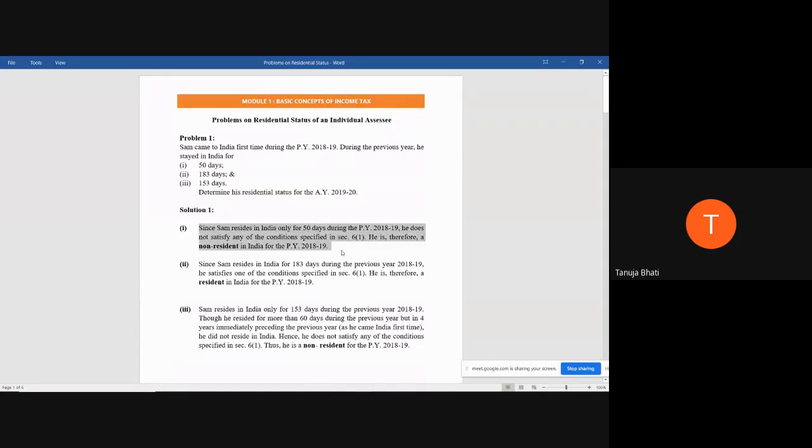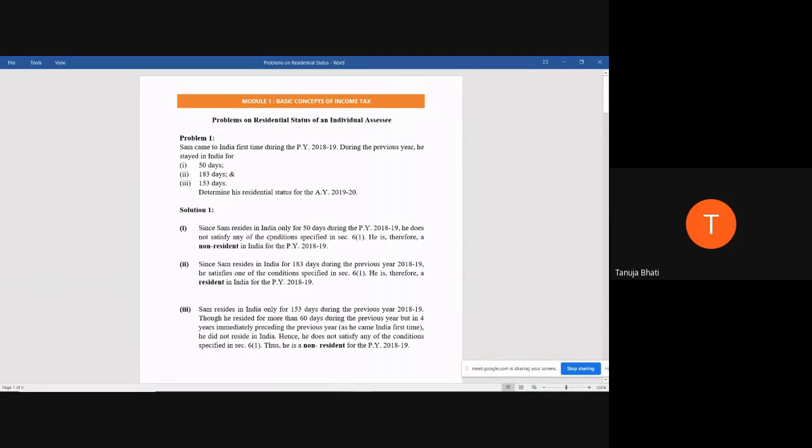So you can write the solution as, since Sam resides in India only for 50 days during the previous year, he does not satisfy any of the conditions specified in section 6 subsection 1. Therefore, if he is not satisfying any basic condition, he is said to be a non-resident. He is therefore a non-resident in India for the previous year